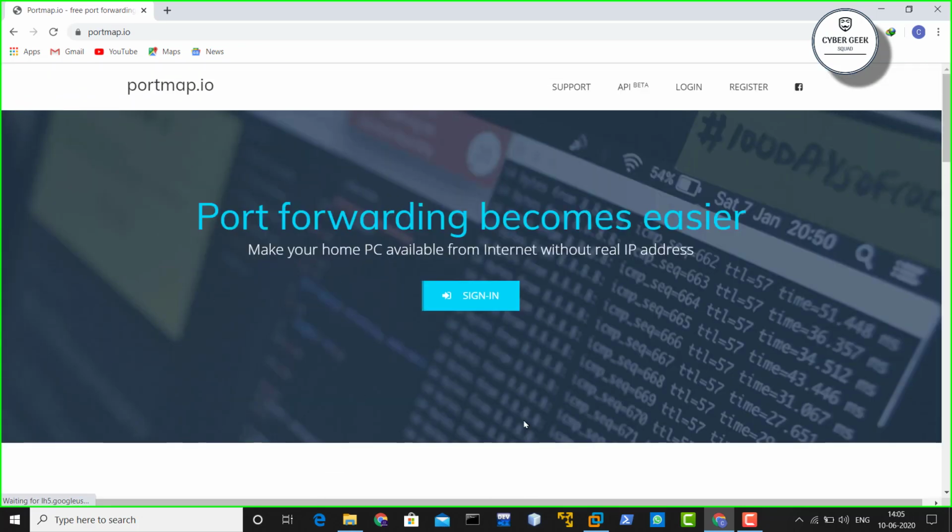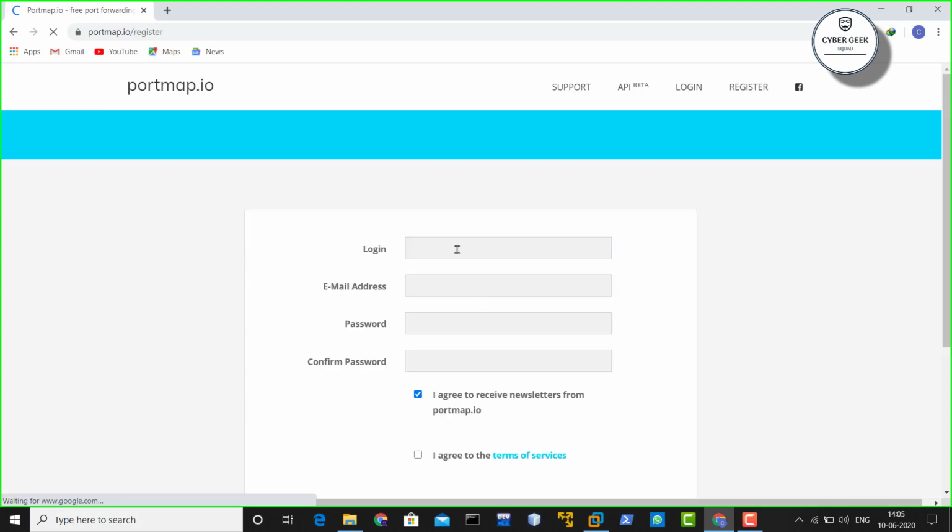Okay, so over here you can see you have to click on sign in. Okay, so over here you have to fill up your login details, and I recommend you guys that in the login, please do not give any kind of longer name, because while typing the URL, you have to type the exact name. So if you give a long name, it will be kind of a headache for you guys. Okay, and that's it. I'll just type CyberG, and for the Gmail you can see over there.